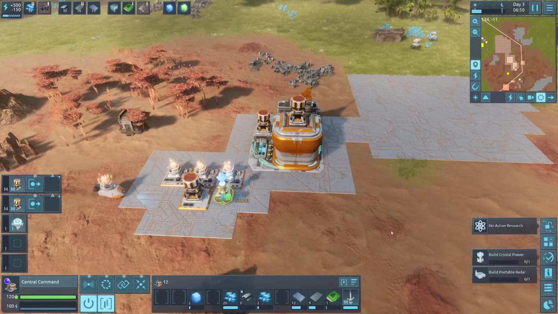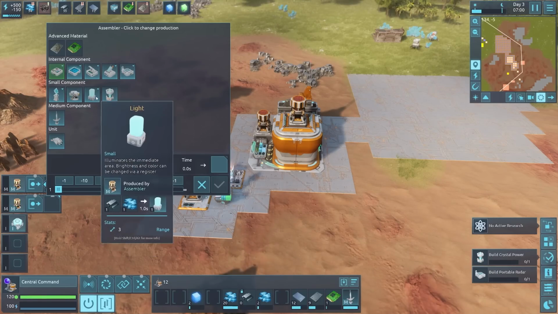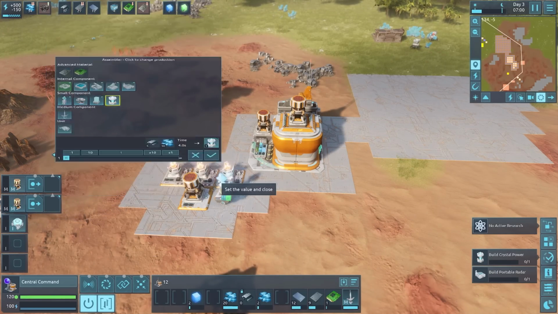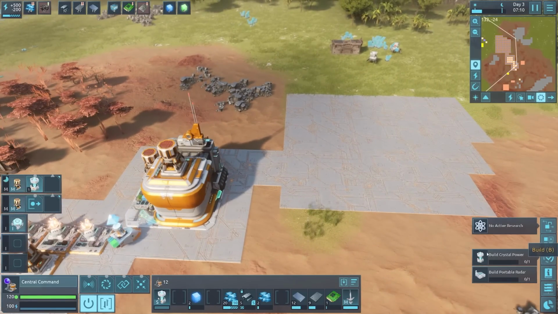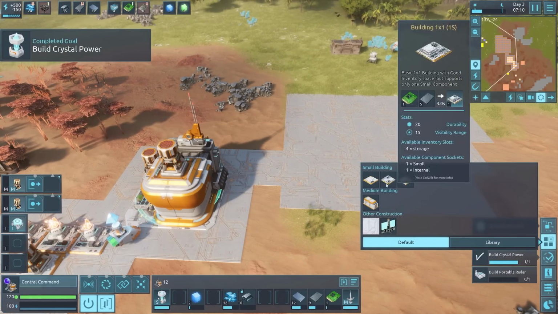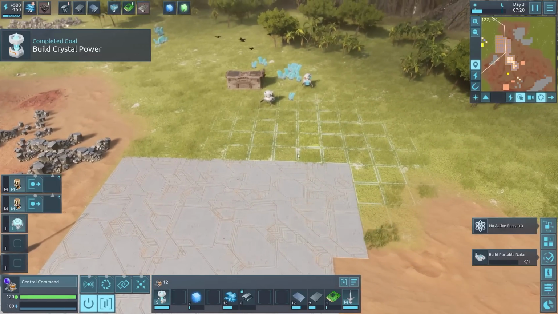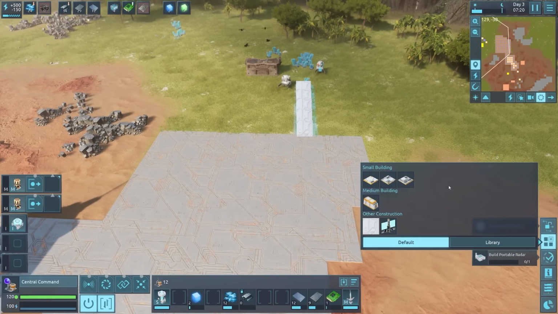We could build another medium slot. I'm not particularly bothered about that. I would like to build crystal power. That is something that I want to do, and I think that we actually can do it right now. Yeah, we've got the slots to do it. It's a small module, so we can go and... Tell you what. There we go. Go and do that, and then build